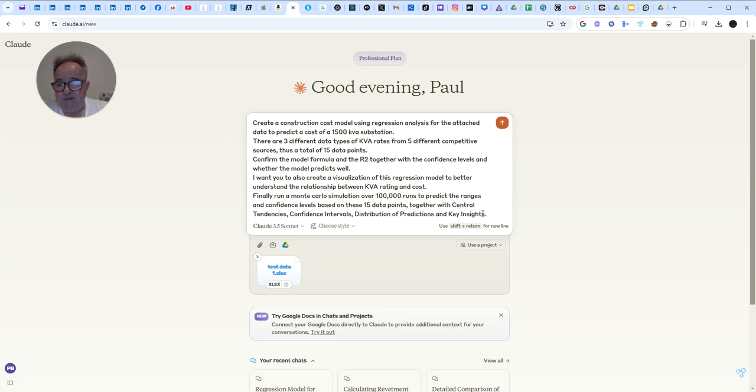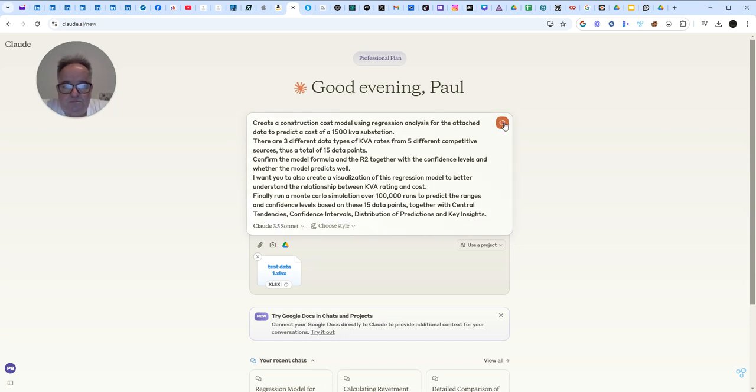So basically what I'm asking it to do is run a Monte Carlo simulation over 100,000 iterations to understand the data based on those simulations and see whether we have a good model, a bad model, or something in between. And the visualizations just help us to understand where those data points fall as well. Now, I haven't tested this, so let's see what we get. When we get the results, we may have to prompt Claude more to get what we want, but let's see what we get.